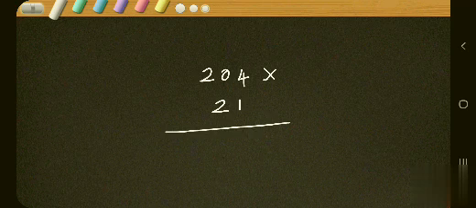And now, let's discuss about 204 into 21. How to multiply this? 204 into, don't write, I'm just explaining the multiplication, don't write. 204 into 21. How to multiply this? First, we have to begin with the first number 1. Down first number 1. 1 should be multiplied with here, which is the first number? 4. So first 1 4s are 4. Answer should be written exactly down this 4.